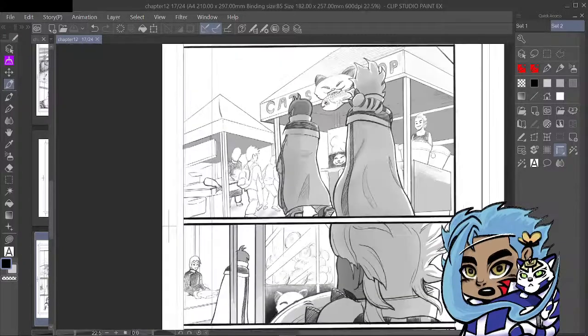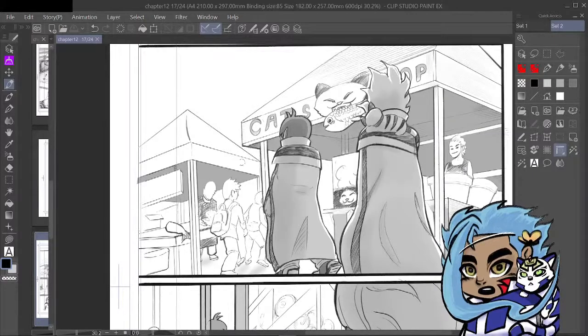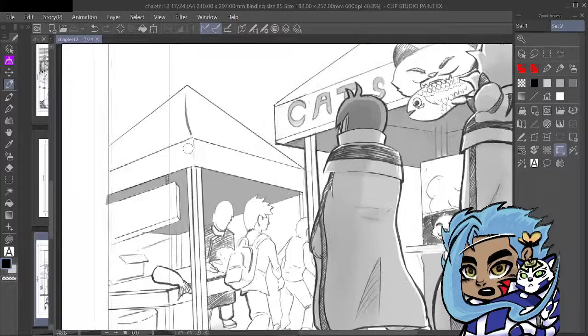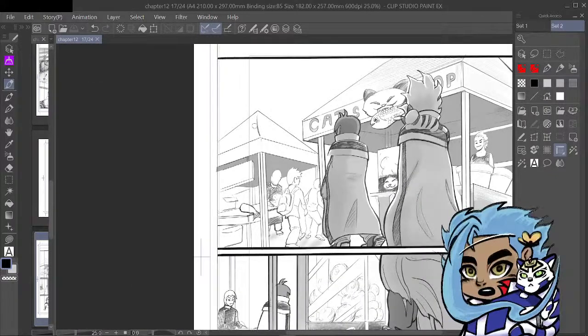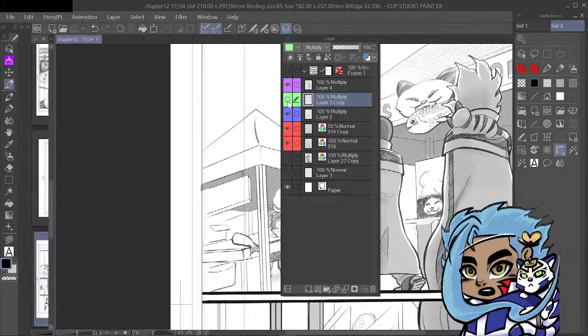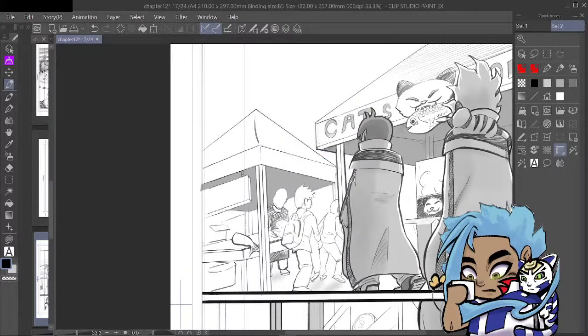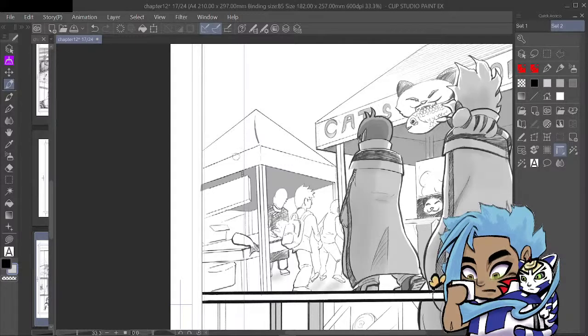I kind of want to use something to mask this area in front so I can get away with putting more detail in these other areas over here, but I'll just settle for a certain level of detail on these other parts. I think that'll be fine. I keep forgetting I can click that there. That's interesting.